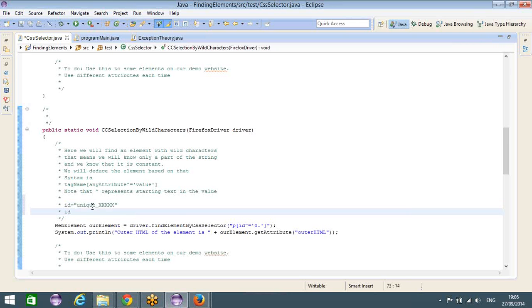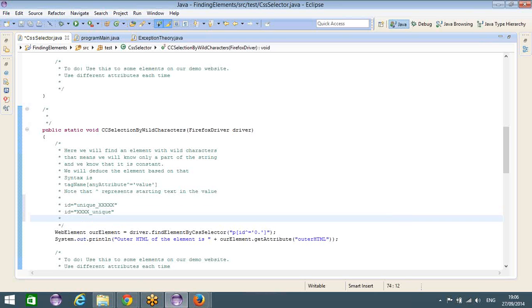So, and those are represented by wild characters. If I just want to get all the combinations, it could be either this or this, or it could be this unique, the changing part, and again a unique string. So these are the different ways you can have any attribute of an element,